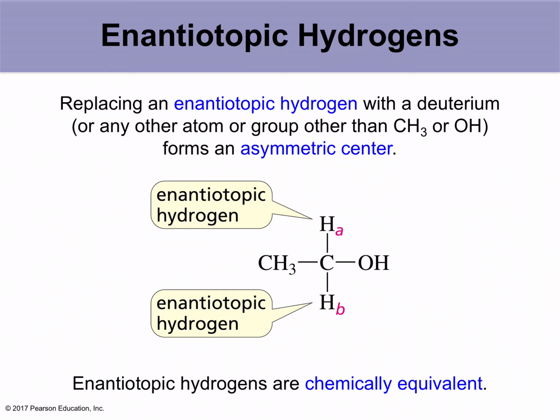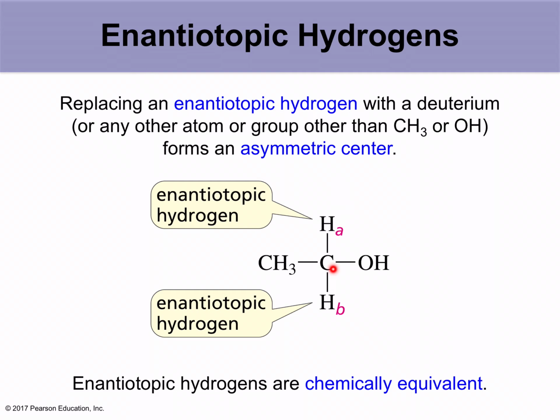Enantiotopic hydrogens. Now you can see this molecule: a methyl group, a carbon, and it has 2 hydrogens and an OH group. We identify these 2 hydrogens as enantiotopic hydrogens because if you replace one of these hydrogens by a different atom other than methyl and alcohol, this generates an asymmetric center, meaning a chiral center. Replacing an enantiotopic hydrogen with a deuterium or any other atom or group other than methyl or OH forms